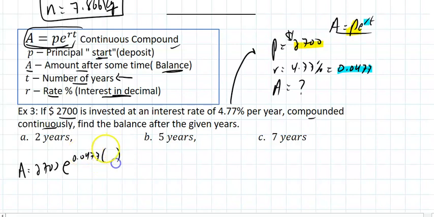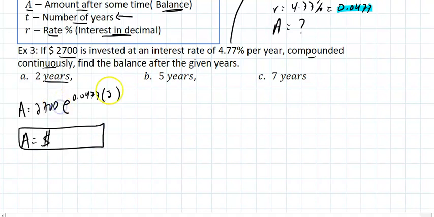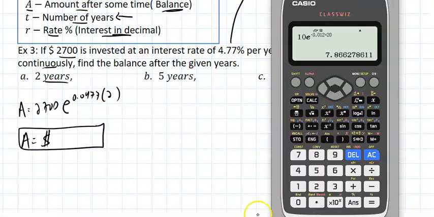In part A, I want t to be 2. And the balance will be, and again, not much to do. 2 years from now, if I deposit $2,700 in a bank paying 4.77%, in 2 years the $2,700 will grow to